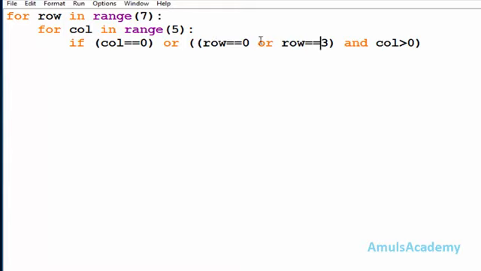If any one of these is true, at that time I want column to be greater than 0. That's why I used logical AND here. So to print a star, I want any one of these conditions to be true, or both can be true. If both conditions become false, then the else part will execute. If this condition is true, then I want to print star